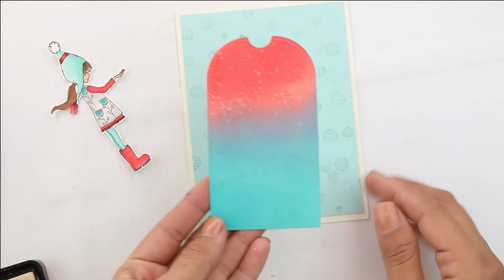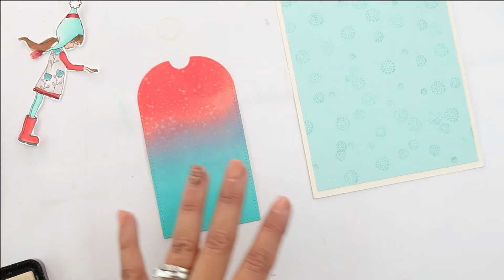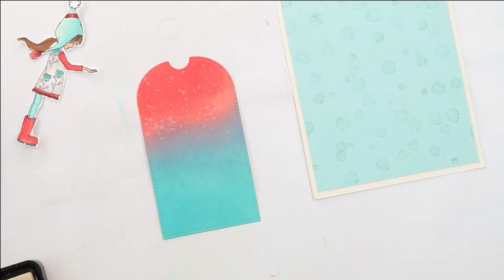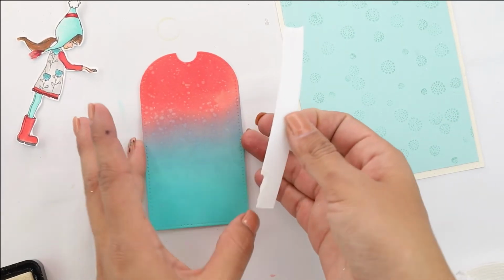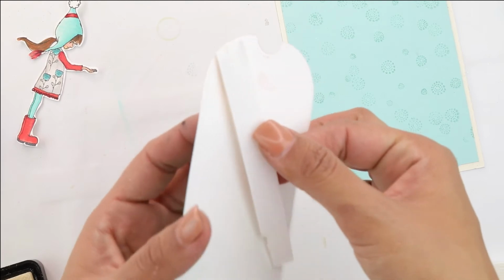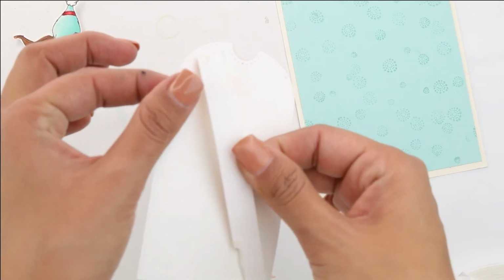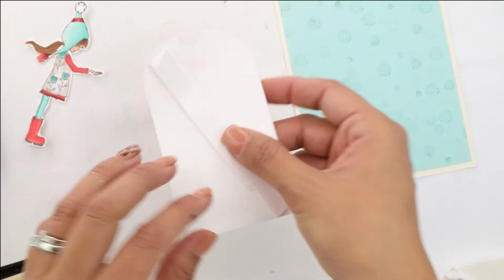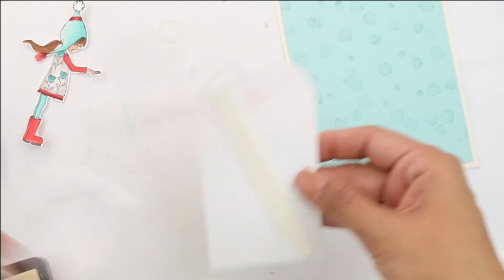It almost reminds me of a lovely popsicle, right? What are these called? The ices. It reminds me of an icy. If you don't live in the US and haven't had one, I know you're probably going, what are you talking about? But it's these popsicles that are exactly the same color and shape as our beautiful snow globe, aka tag, that